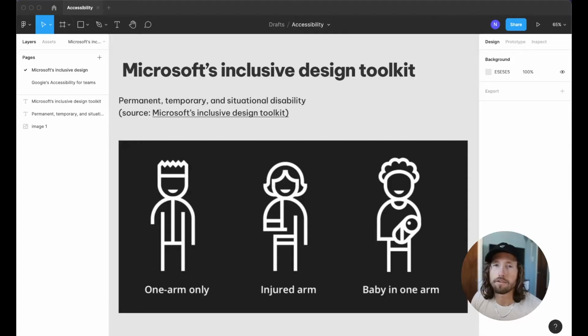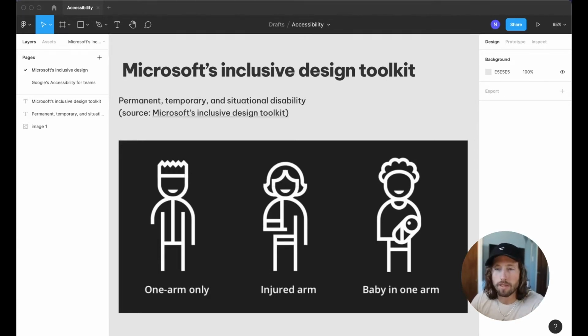And some of these more common disabilities that we think of when designing for accessibility are visual disabilities such as color blindness, auditory such as hearing difficulties, perhaps epilepsy and risk of seizures, or even cognitive disabilities like dyslexia or short-term memory. But if we look at Microsoft's Inclusive Design Toolkit, we can actually approach these in a little bit different way, which I think is really smart and adds an extra level of context to what the